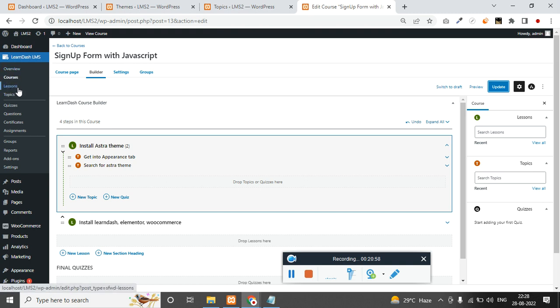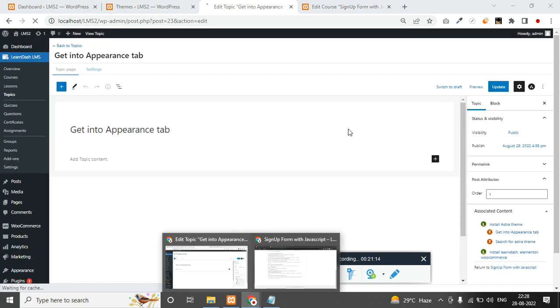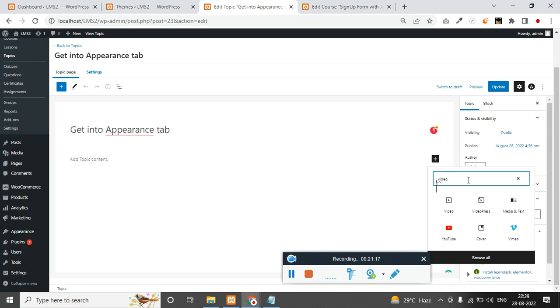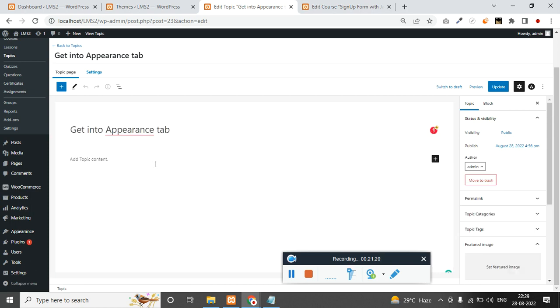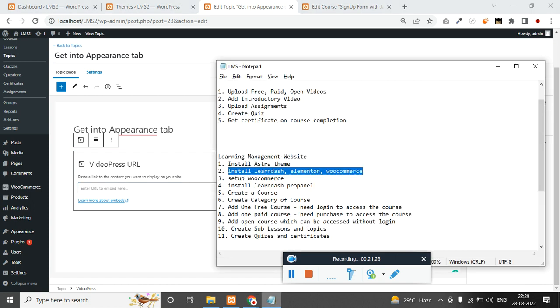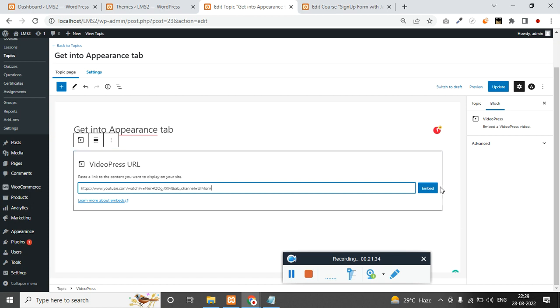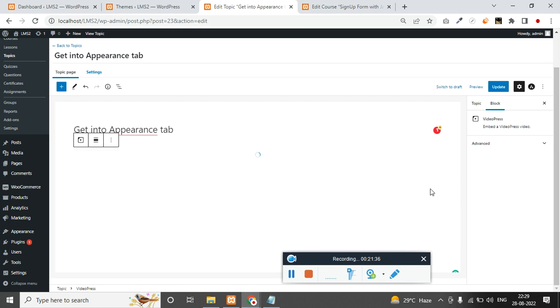So for the topic, let's first edit this, and we can add the video here, we can add the image here, we can add description as we have already seen. And this video, just drag and drop it. I think one click would work. Now just need to pass the URL of the YouTube or any other resources. Just embed this, and again this